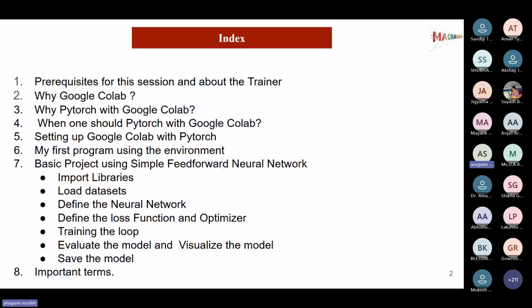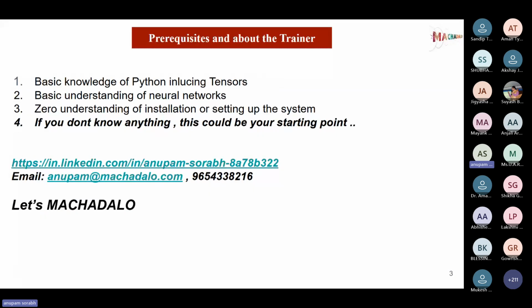Okay. So when I say including tensors, what it means is the way tensors are divided in Python. We all understand matrices, and matrices have dimensions: the data dimensions and then the dimensions of the matrix itself. There are only rows and columns in matrices, but there could be n number of rows and m number of columns. But when it comes to tensors,